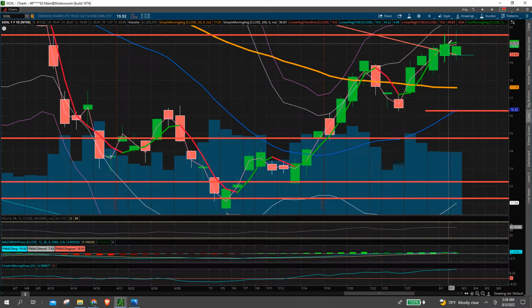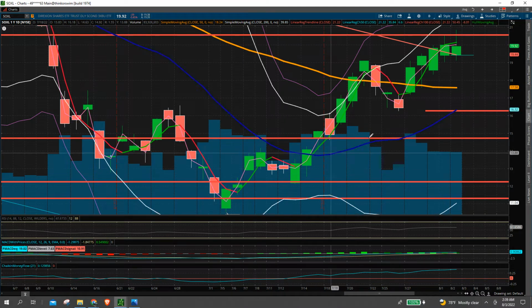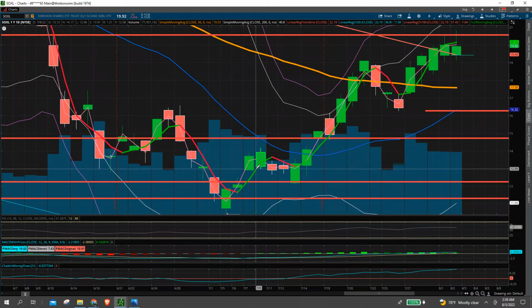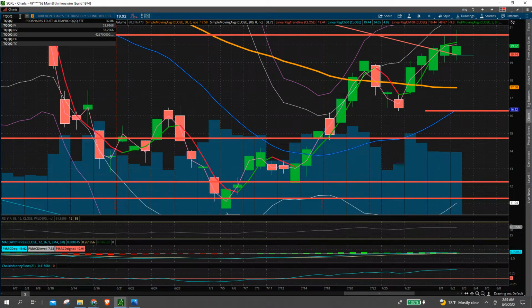I'm okay with that. I obviously could have bought it cheaper as well. But I don't try to capture the absolute bottom and the absolute top. I focus more so on capturing the meat of the trade. This trade overall was approximately a 50% return in 3 weeks, which is a pretty darn good trade, in my opinion.